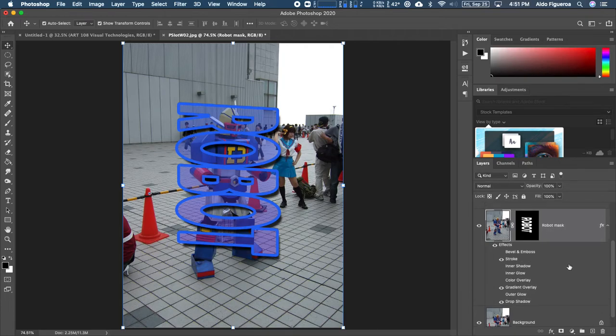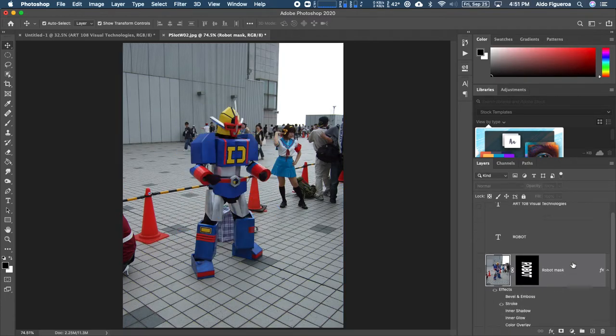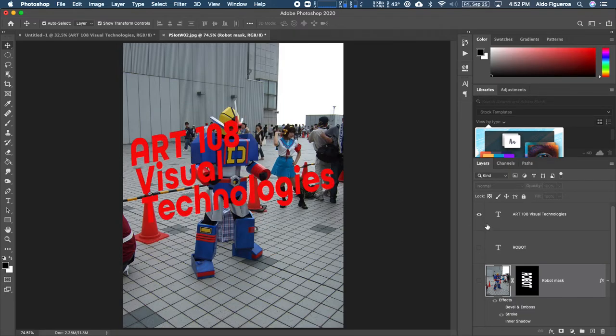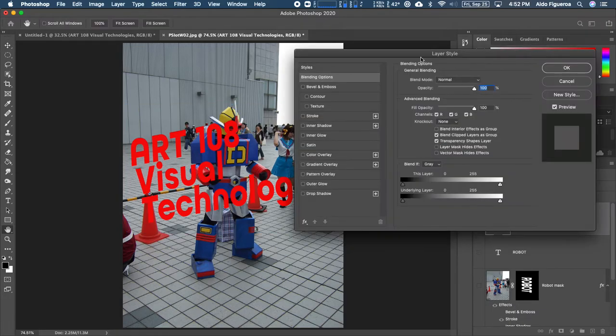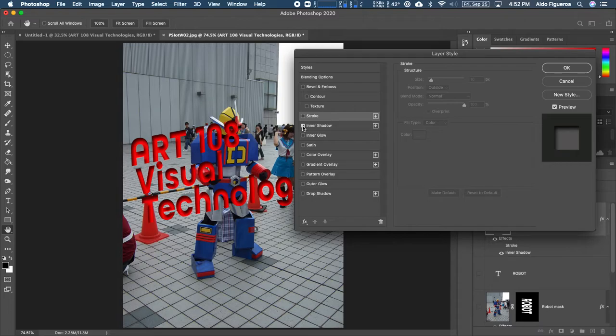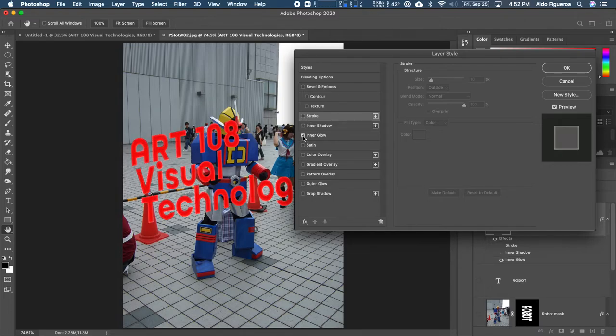Now, before we end here, I'm going to temporarily hide this. Let's go back to my robot here, or to Art 108 Visual Technologies. If I double click on this one, I could also have access to the different layer styles. So this will apply new layer styles onto this specific layer, but it does keep the settings that you had previously. So here we have the stroke, the settings, the inner shadow, the inner glow, the satin, the color overlay,